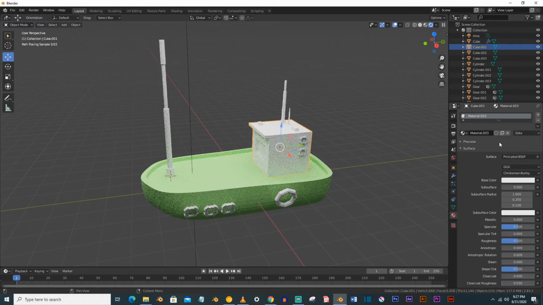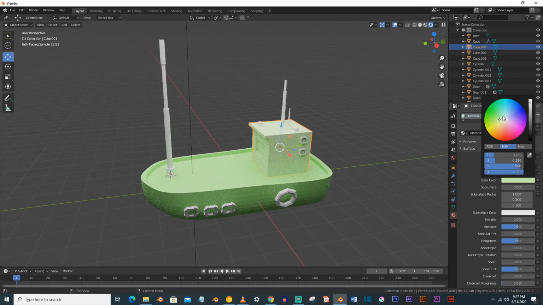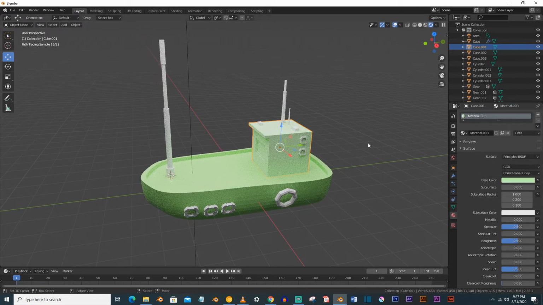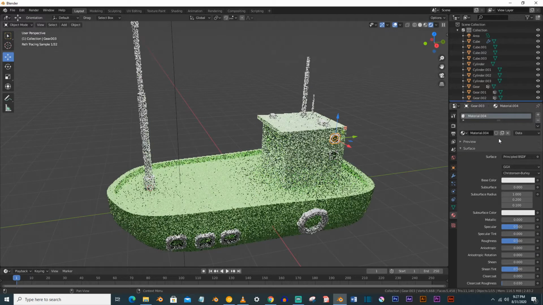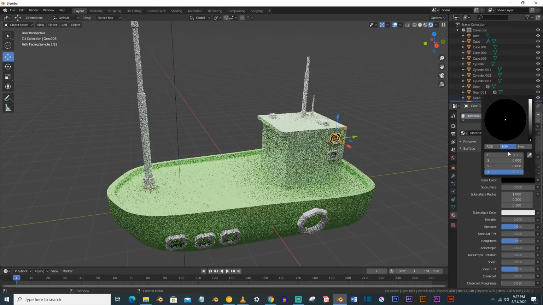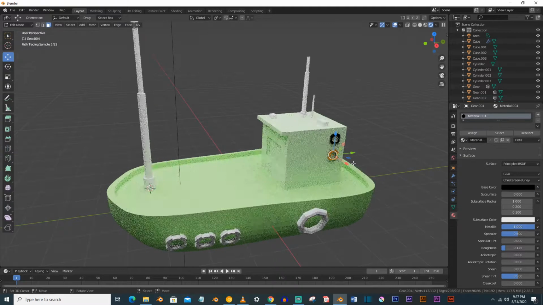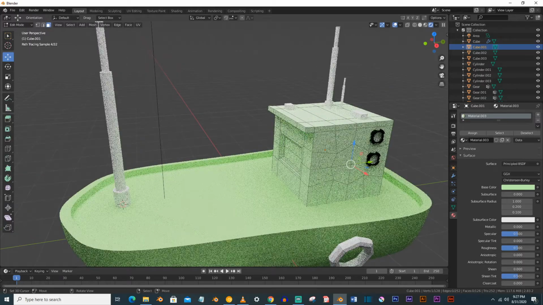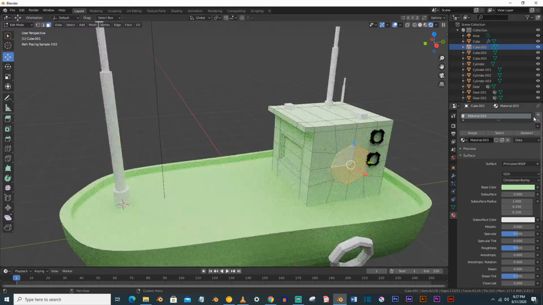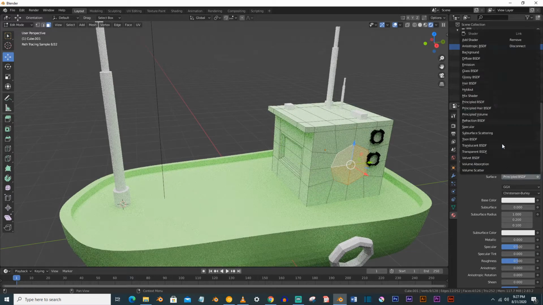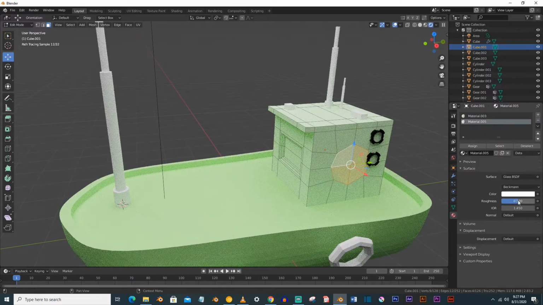Go to the materials tab and select also a material for it. You can color it according to what you like. I will just make it a color here for these and make it fully metallic, plus down, and select this also and this material color, and you can assign this material to gloss and roughness down to 0.